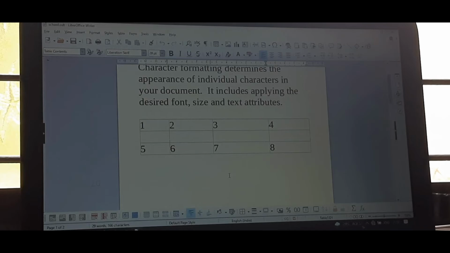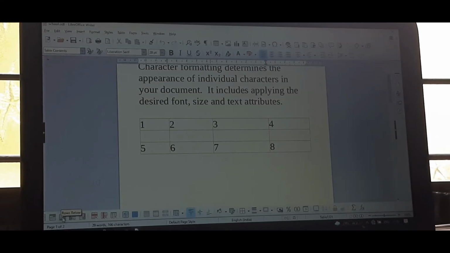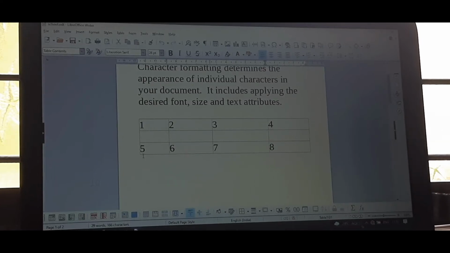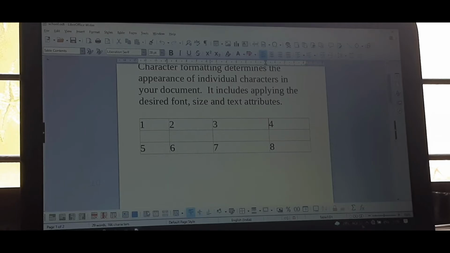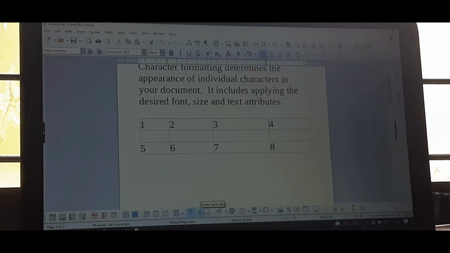See, all the processes I have shown, rows inserted above, below, everything we can do with this table toolbar. See, Rows Above, Rows Below, Columns Before, Columns After. All the functions we can do with the help of this table toolbar. Otherwise, right click and use the menu, or use the table toolbar shown here.